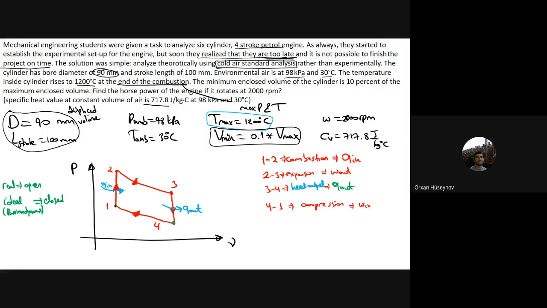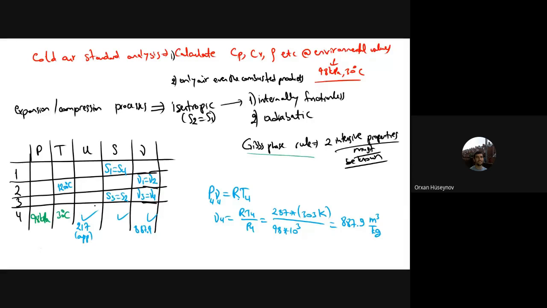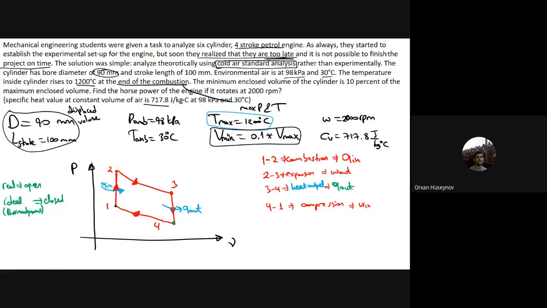And from this displaced volume, I can find the minimum volume and the maximum volume values, and then I can find the mass from state 4, and then I can find the specific volume at any state. Okay, now let's first find the volume value and then other properties. So the displaced volume is,